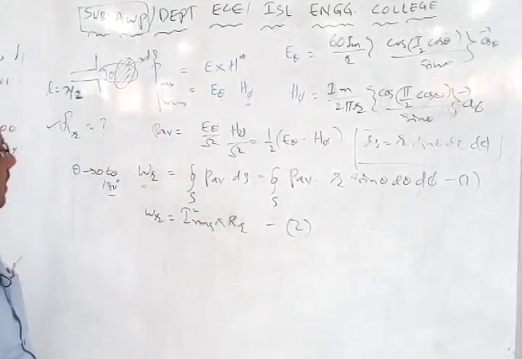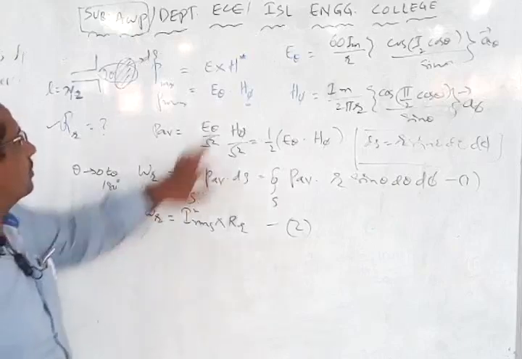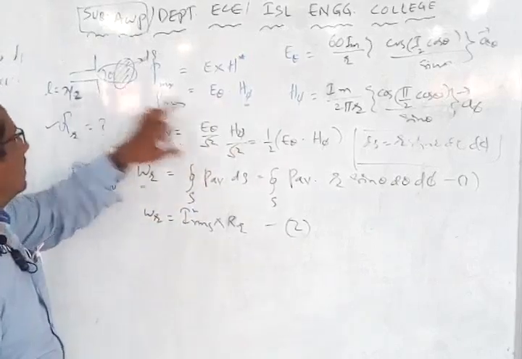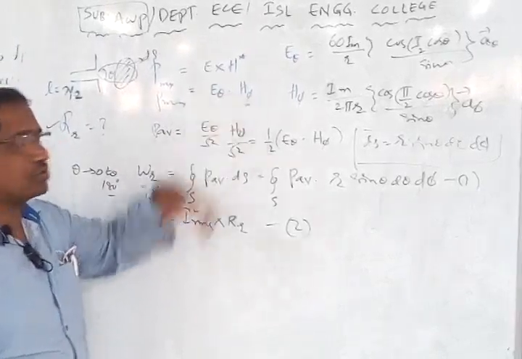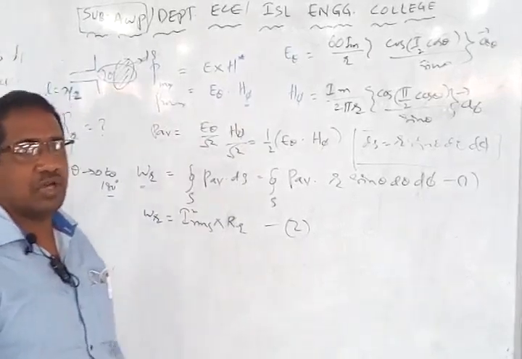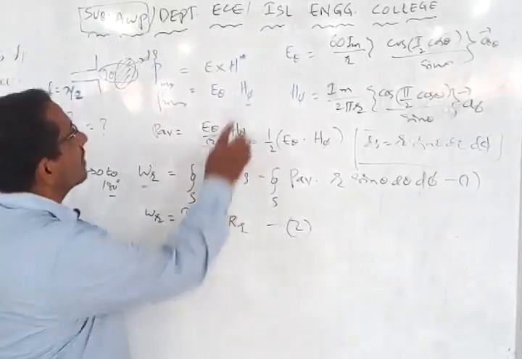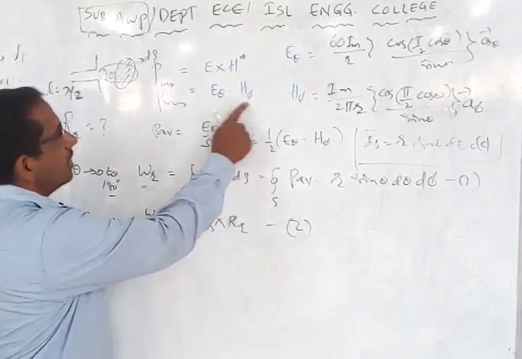Now I am considering the electric field which is most predominant for us. This electric field is along the theta direction. If the electric field is in the theta direction, what should be the direction of the magnetic field? It should be transverse, or perpendicular, to this. Therefore I consider the phi direction. So I will consider E theta and H phi.